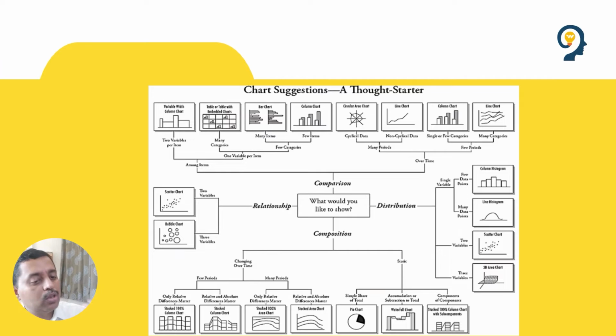When we talk about distribution, we need to see whether it is for a single variable or multiple variables, 2 variables, many data points, single data points. And when we talk about composition, we have to see whether it is static or changing over time. All these things need to be taken care of whenever we are working with charts.